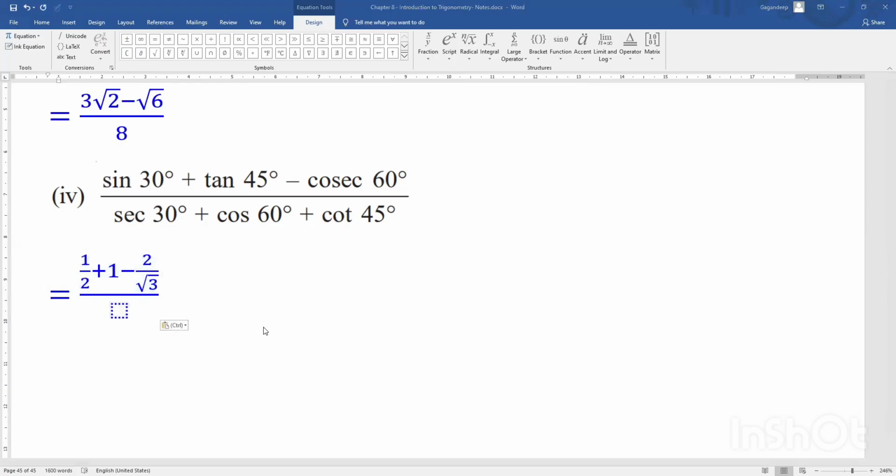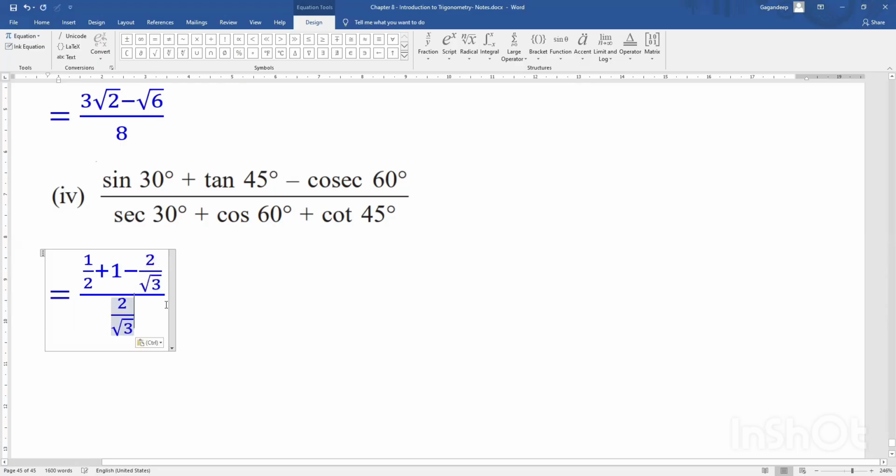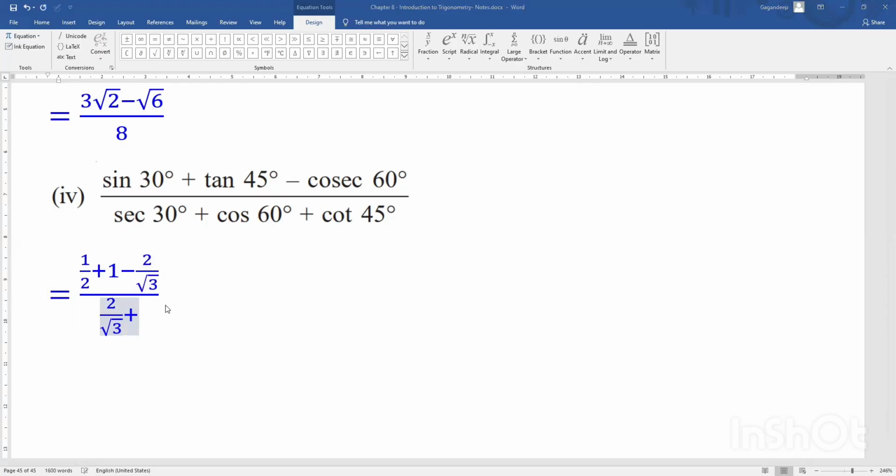Again, in the denominator, we have secant 30. Secant 30 is the reciprocal of cos 30. Cos 30 is root 3 by 2, so upon reciprocal it will become 2 by root 3. So we write 2 by root 3 again, plus what is cos 60? Cos 60 is half. So I write it as 1 by 2, then plus 1,